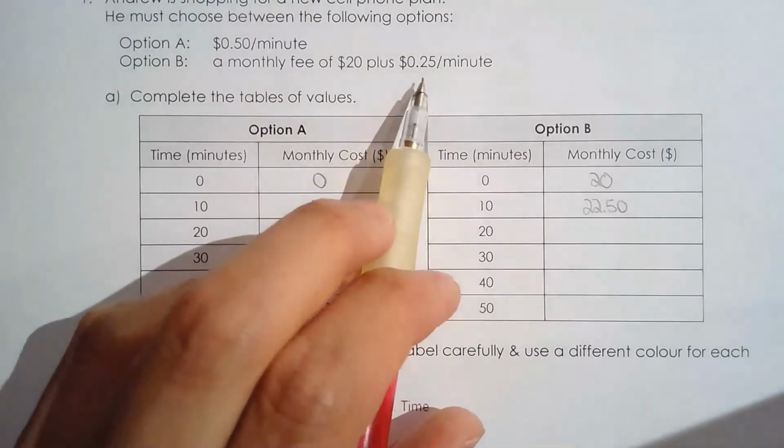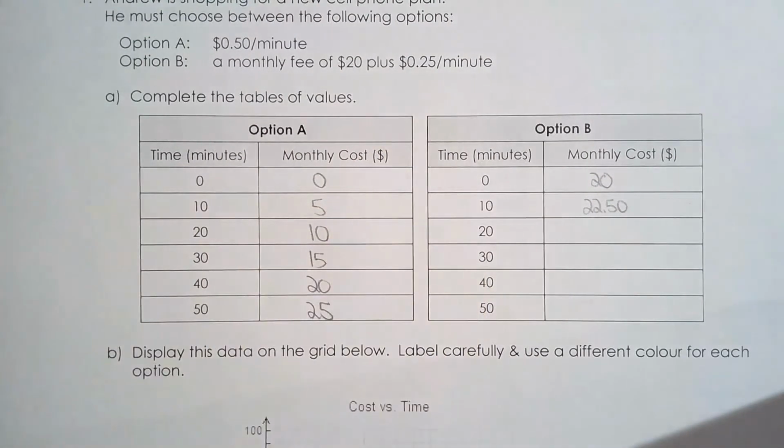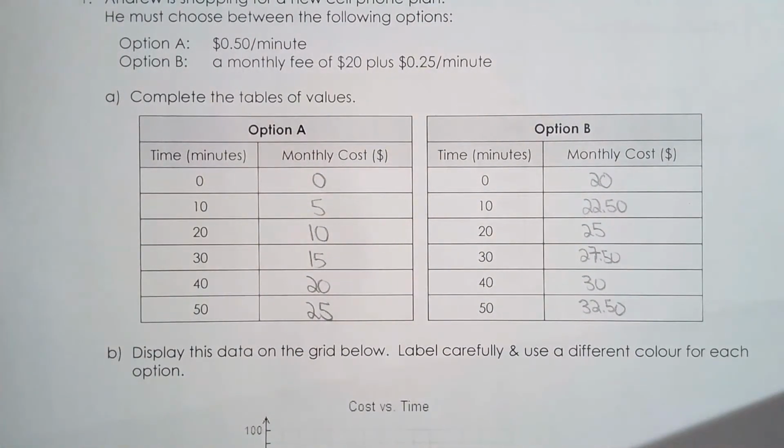And then $22.50 because it's 25 cents a minute. So for 10 minutes, that's $2.50. That's $25. $27.50. 30. $32.50. So if you talked for 50 minutes over the course of a month,